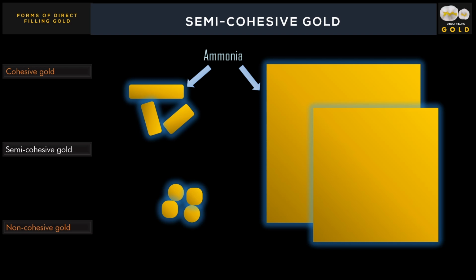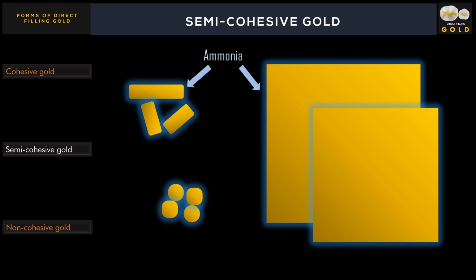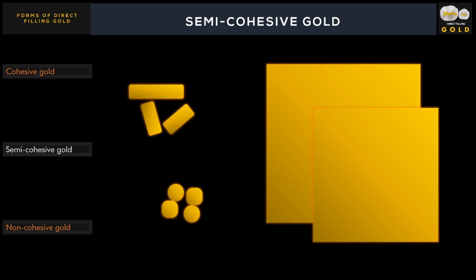Once the dentist is ready to restore the cavity, he will take a small pellet of this semi-cohesive gold and show it over the flame or heat it, thus removing the adsorbed ammonia gas from the surface, which is easily volatile and can be easily removed, so that the surface will become pure again and cohesive. So semi-cohesive gold is supplied with a layering of ammonia gas. Once the dentist takes it and heats it, the ammonia gas will evaporate and the material can be